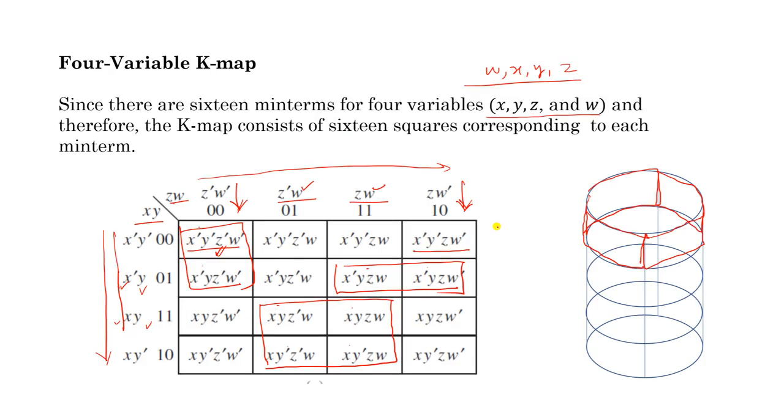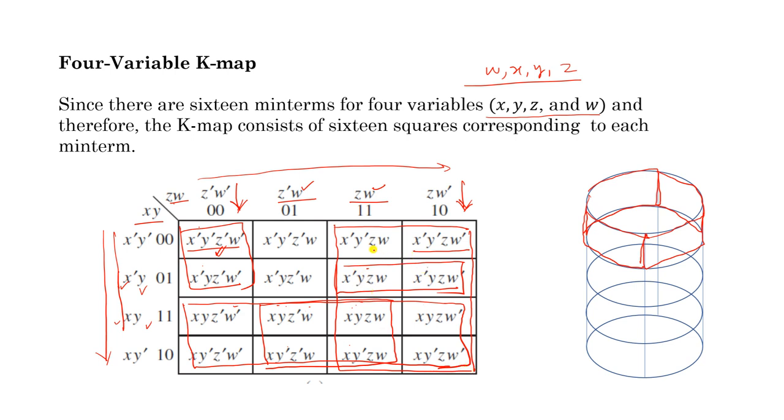2 by 4 means, suppose in these places here, here, here, and here, here, here, here, this is 2 rows and 4 columns. Then you can have a block of 2 by 4, 2 rows and 4 columns. Or 4 by 2 means, suppose for example here in all these squares, if all these squares are filled with 1, then you will have a block of 4 by 2.